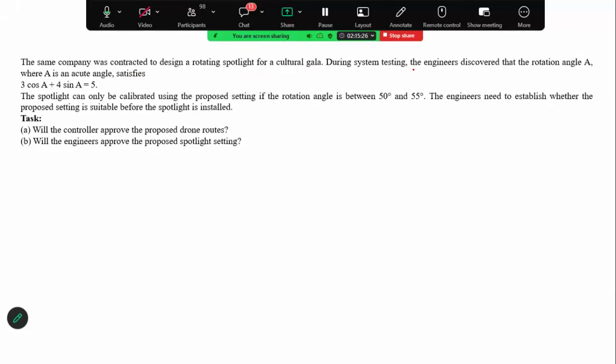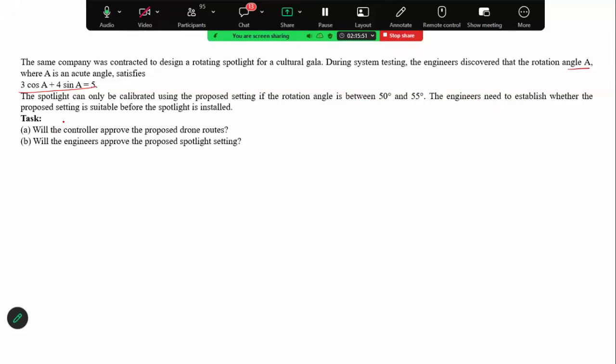During the system testing, the engineers discovered that the rotation angle A is achieved satisfies this. The spotlight can only be calibrated using the proposed setting. If the rotation angle is between 50 and 55, the engineers need to establish whether the proposed setting is suitable